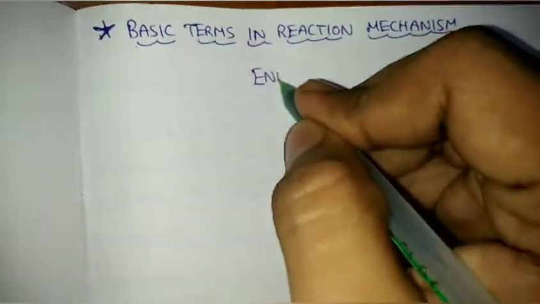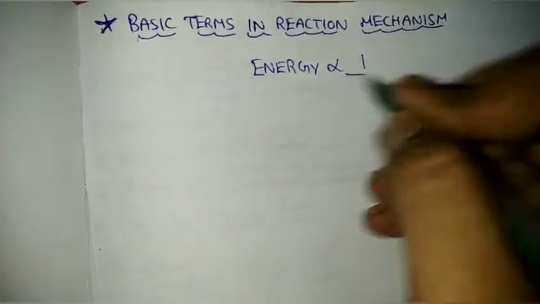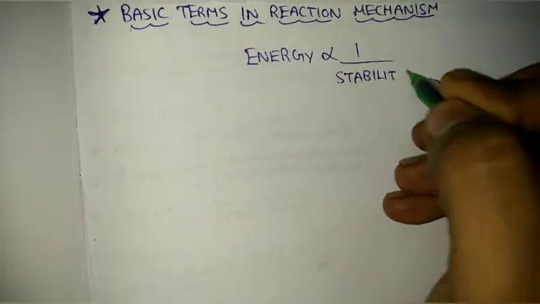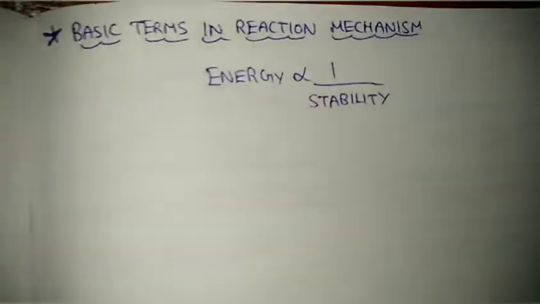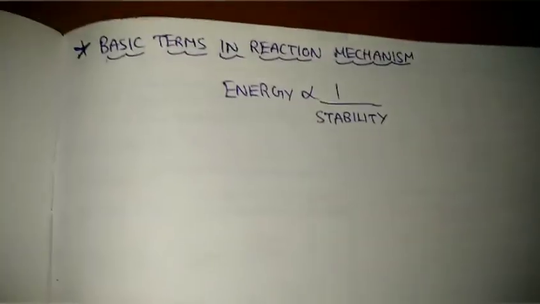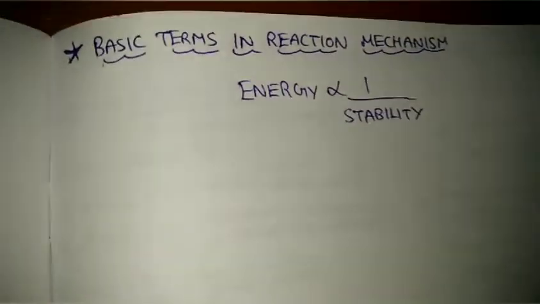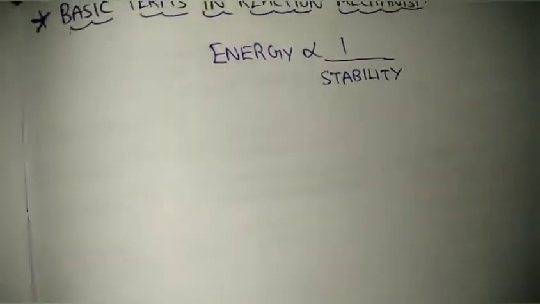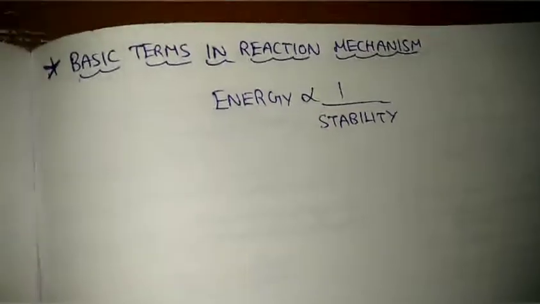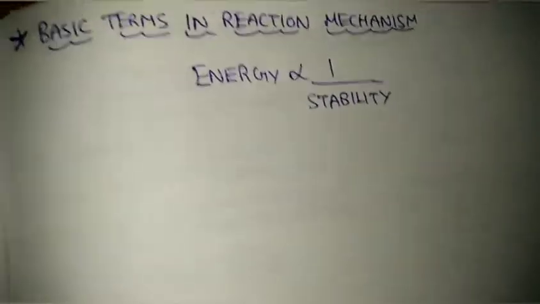Energy is inversely proportional to stability, okay? This point you get it. It means what? If the energy of a system is very high, energy is high means the molecules in the reaction are active, like that you can say. So if they are active, what will they do? Will they sit in a place and do something? No, right? They will just move around and collide with each other. They will be so unstable, right?